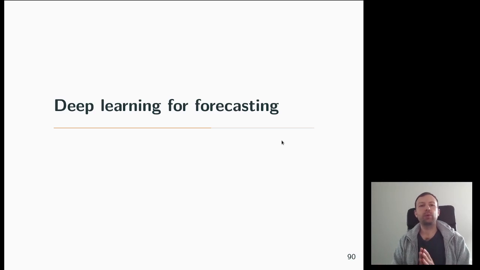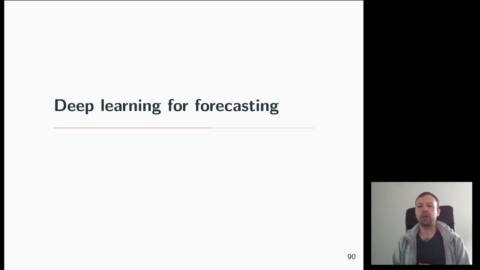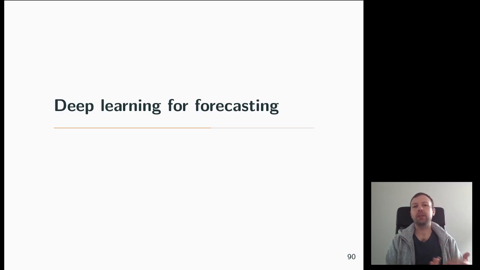So this concludes my part about general machine learning. You've seen I spoke mostly around how to engineer features, how to make machine learning methods deal well with non-stationarity, and how to do all of this pre-processing type of things so that you can use a feed-forward neural network, a gradient boosted tree, a support vector machine to do good forecasting. Now, in the next part, I want to talk a bit about deep learning for forecasting.